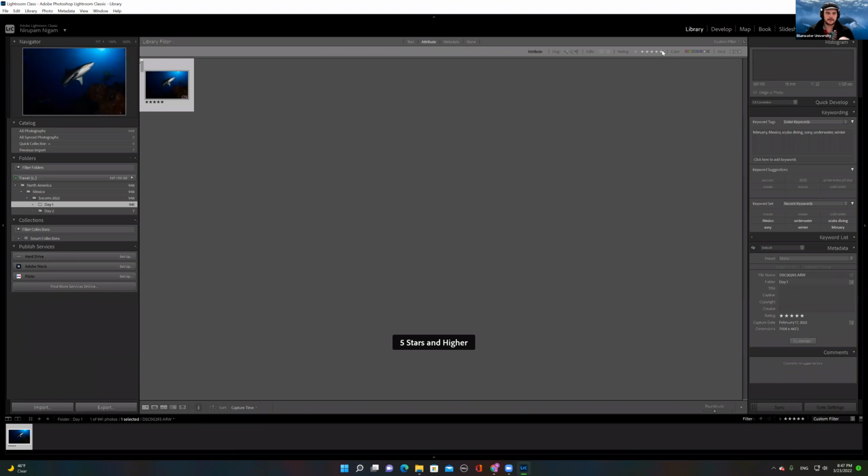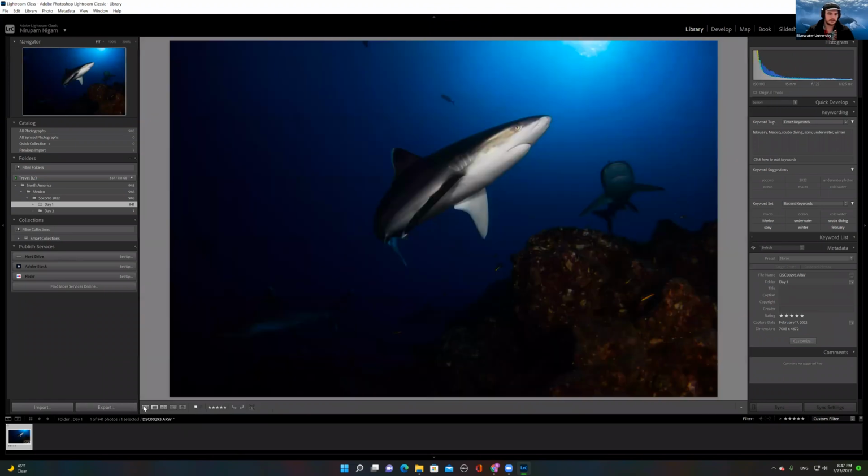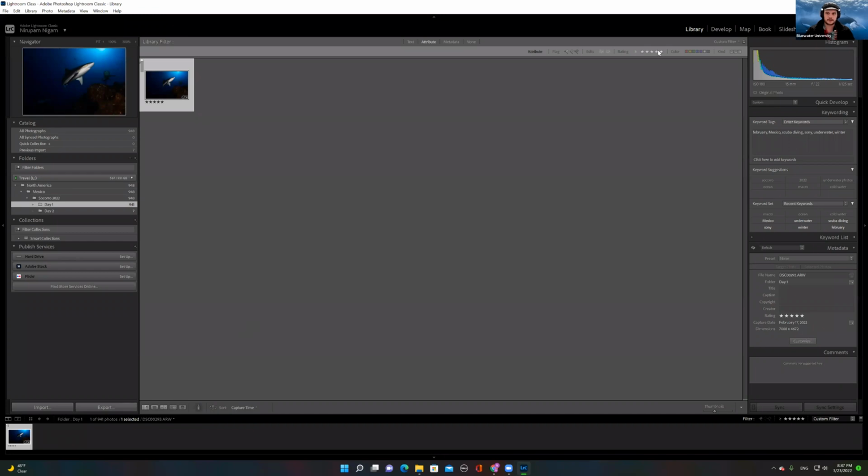And here are all my 5-star photos. So this is the photo that I was editing before. Again, really easy to find. It's under 5-star. Now, if I want to look at the 4 stars, notice how there's a 4-star here and